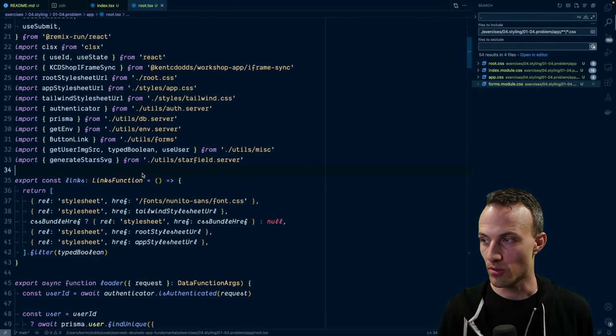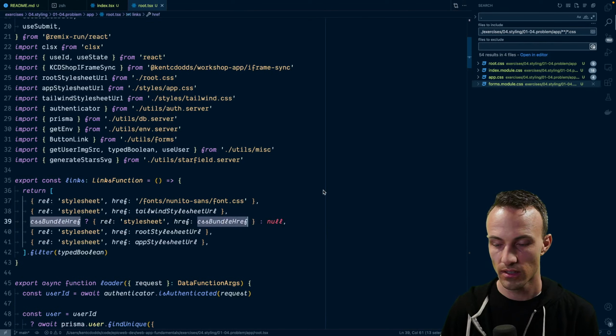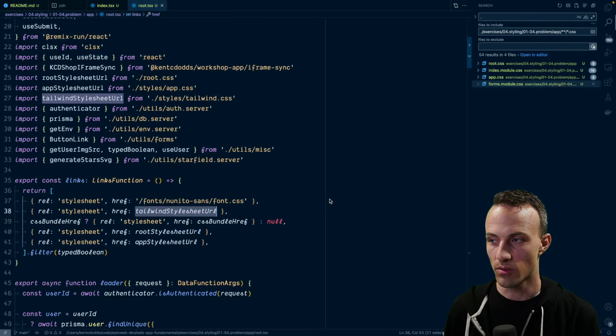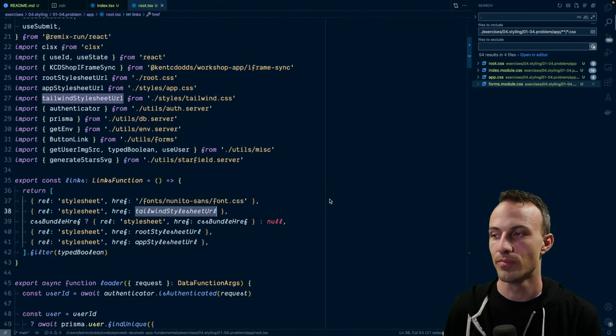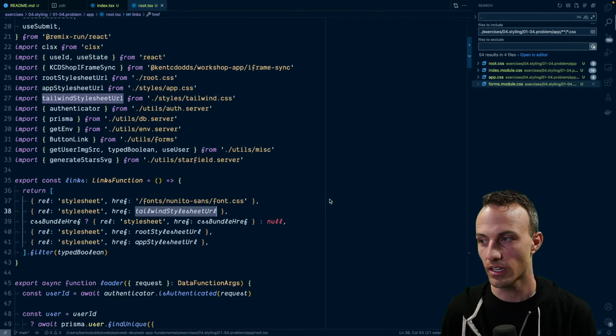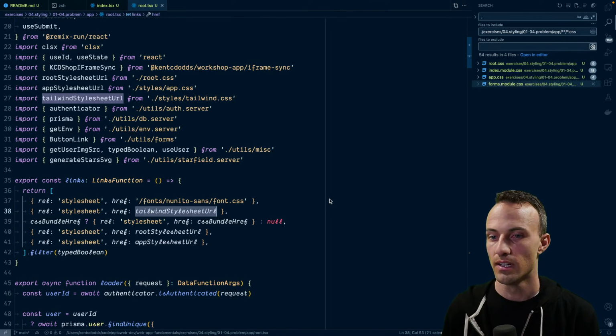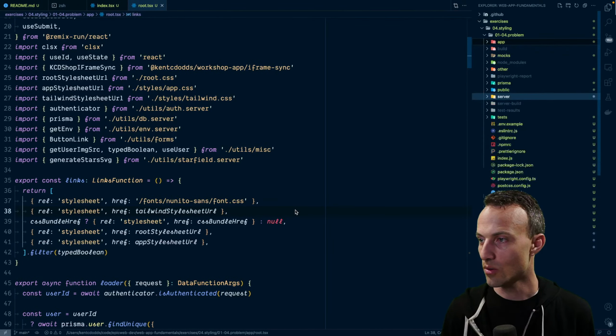Okay, anyway, so step 1 is going to be bring in regular style sheets. Step 2 will be the CSS bundle href thing. And, well, actually, step 2 should be Tailwind. We've got PostCSS configured in here and Tailwind set up with PostCSS, so we can import Tailwind. I can also mention Tailwind is actually built in, so you don't even need PostCSS, but I really like having PostCSS, so that's why we're doing it that way. And then we'll do the CSS bundle href. Okay, cool. So now we know what order we want to go in.